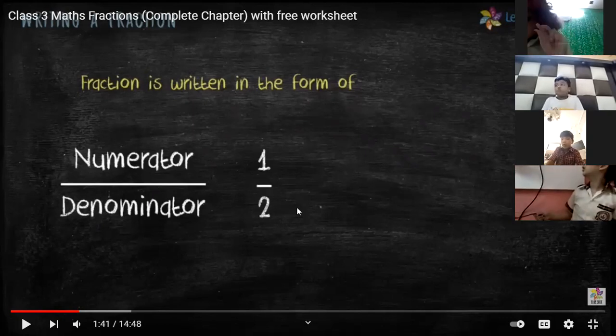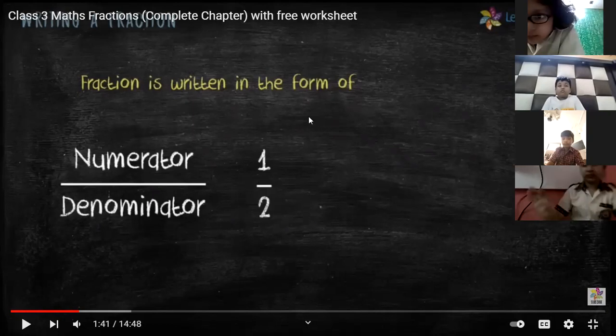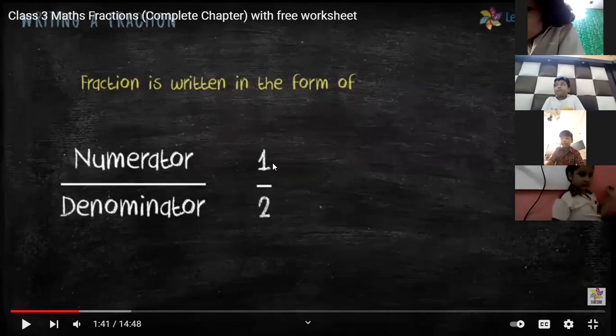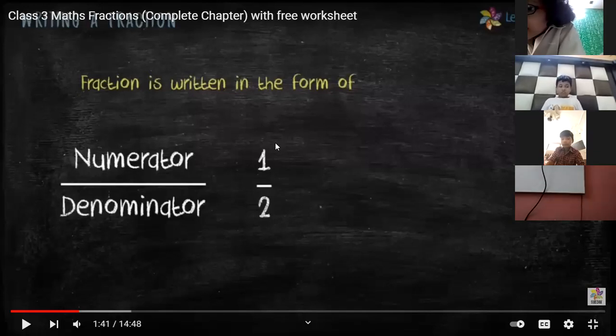Can you tell me? Two. Very good. Total parts are 2. And Vidisha got how many parts? 1. Only 1. And similarly Krishank also got the same part, 1. So it means we can write the numerator as 1, because we are going to find out the fractions of Vidisha and Krishank. I hope it is clear. Very good, beta.